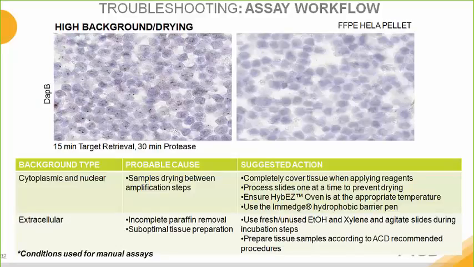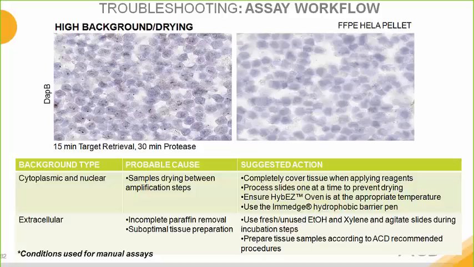You can also see high background, which may be due to drying or insufficient deparaffinization. If the background type you're seeing is cytoplasmic or nuclear, again, this could be due to drying between the amplification steps. And so we recommend that you always completely cover the tissue when applying the reagents and that you process them one at a time to prevent drying unless you have the EZ Batch slide system, and that you are using the oven at the appropriate temperature, also while using the hydrophobic barrier pen to ensure that the hydrophobic barrier